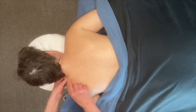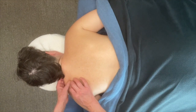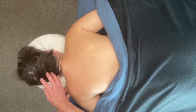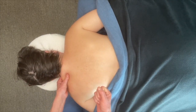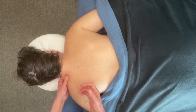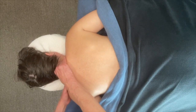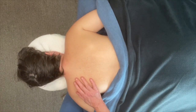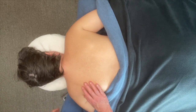So this muscle is subject to poor posture, hiking up the shoulders, because it elevates the scapula, right? Levator scapula. Also, if someone has a tendency to hang their head forward, because one of its main jobs is to resist forward head posture. So you want to keep that head pulled back so that levator scapula isn't just hanging on